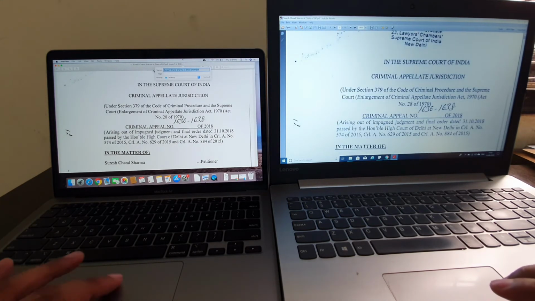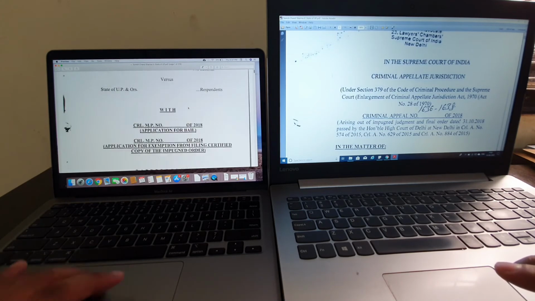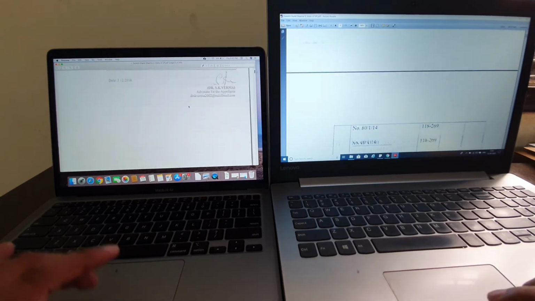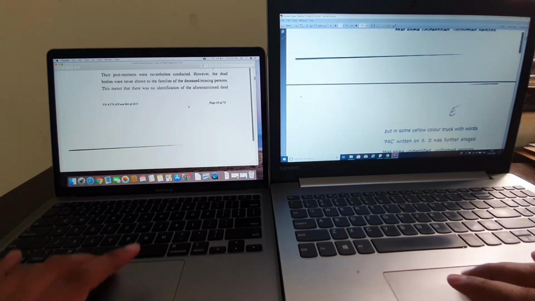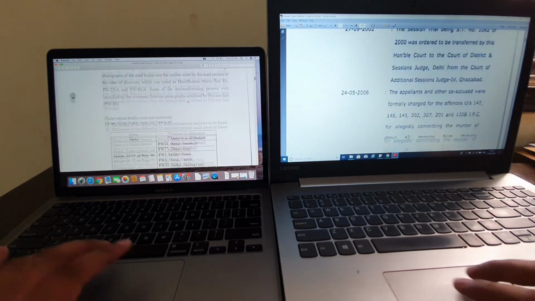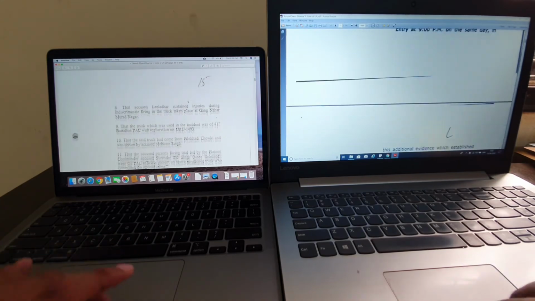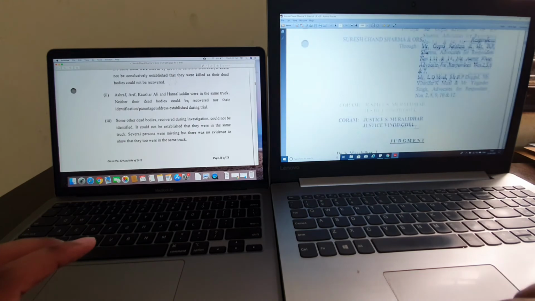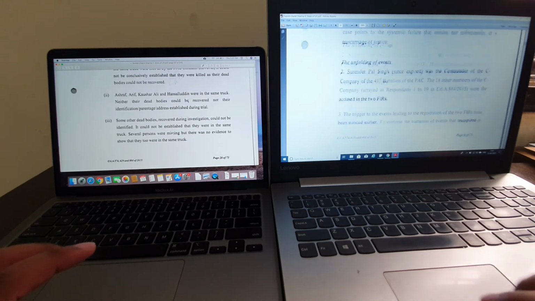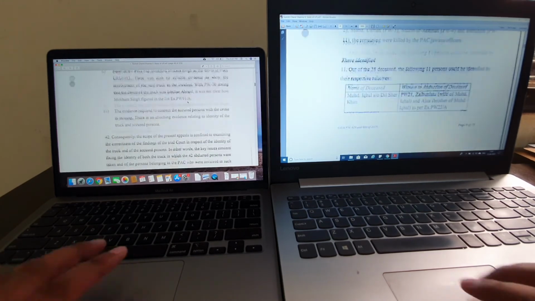Now see. Both are running fine. There is no problem in running PDF files, but on the MacBook it's running more smoothly, and on Windows it's not running that smoothly.